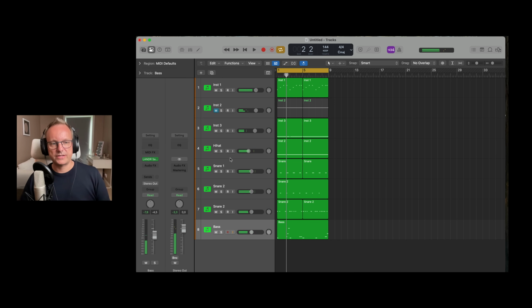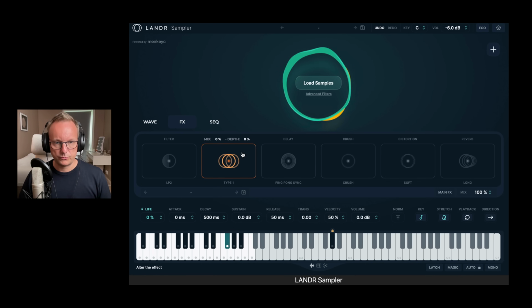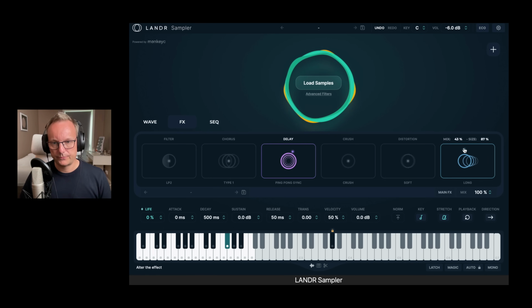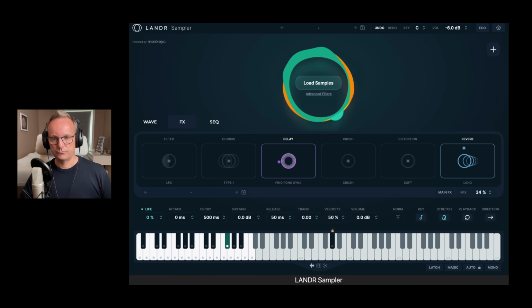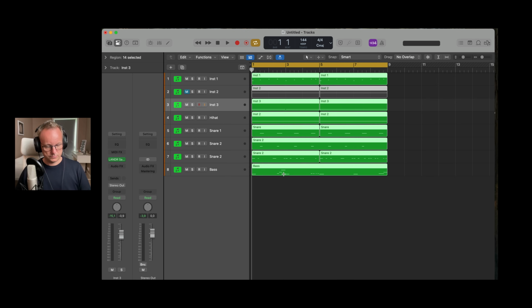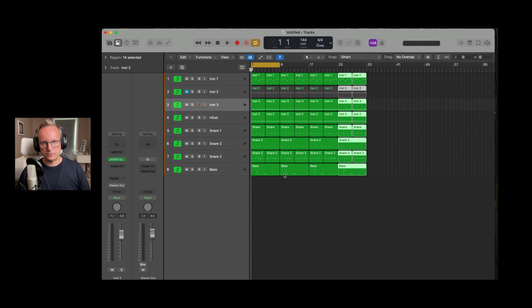Now, of course, there are effects, and we can add some delay and some reverb. Turn down the effects if it becomes too much, like so. And when comes time for arrangements,